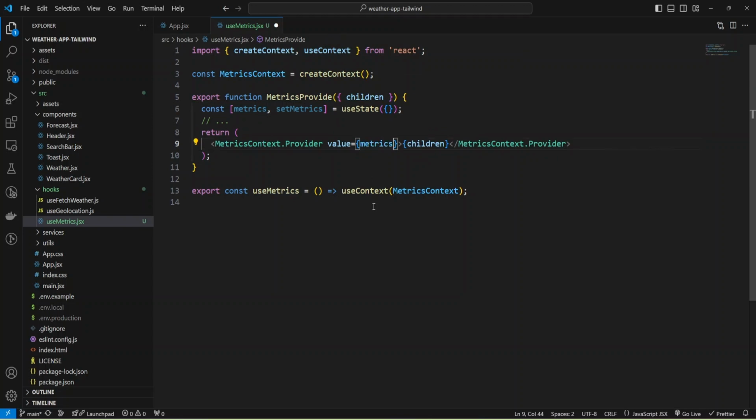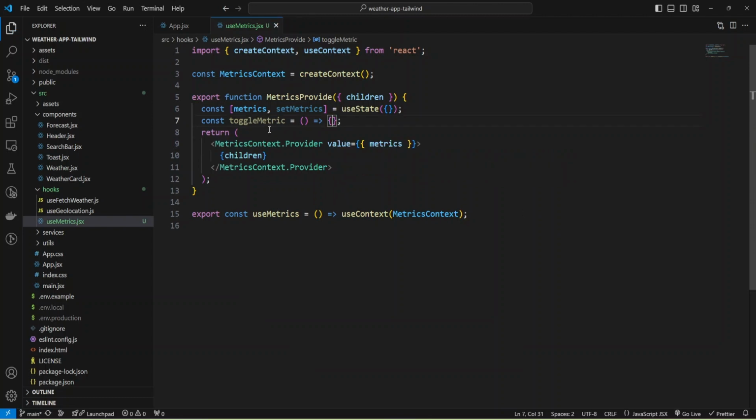The value will provide metrics and I'll add an object here. Let me add a toggleMetric function: const toggleMetric, to create an arrow function. And for now, I'll just add the function to pass as a value to my object.